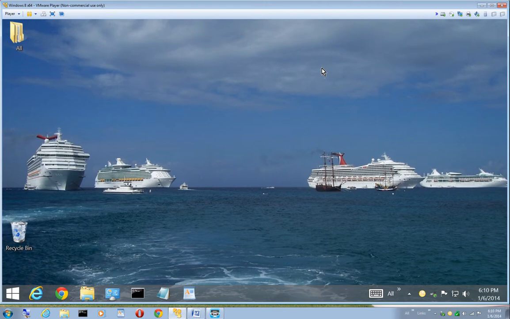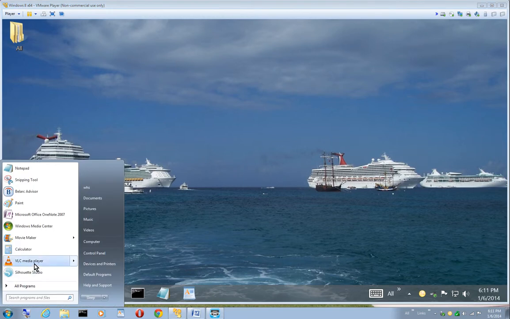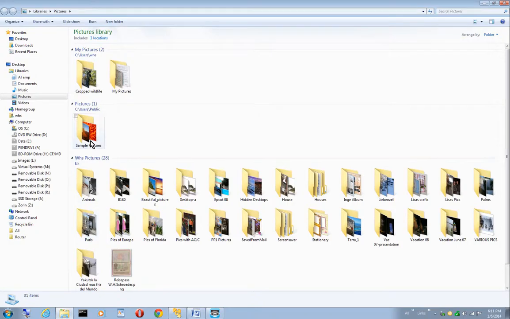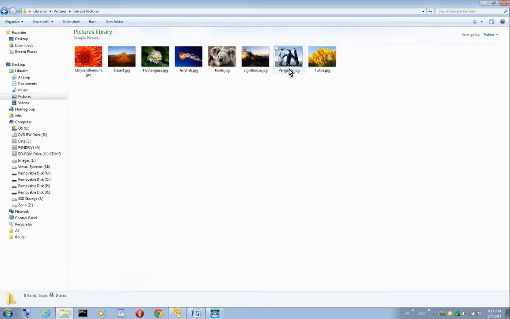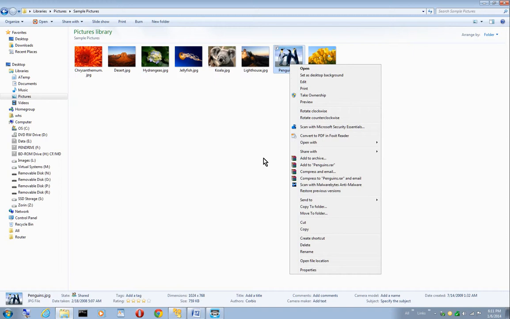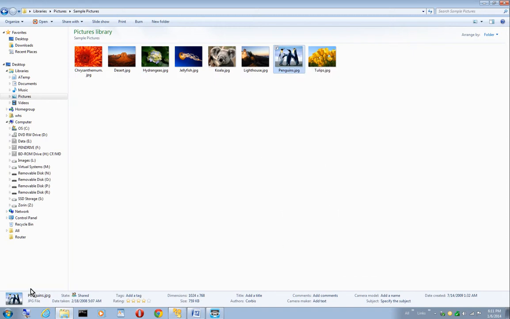Okay, now the great thing, besides being able to switch with one click between one system and another, is that you can share information between the 2 systems, because you can share the clipboard. For example, let me go back into my Windows 7 system. Let's just use the start button for a change. And for example, let's go into pictures. Pictures, and here are the good pictures. Let's pick the penguins and copy those penguins,